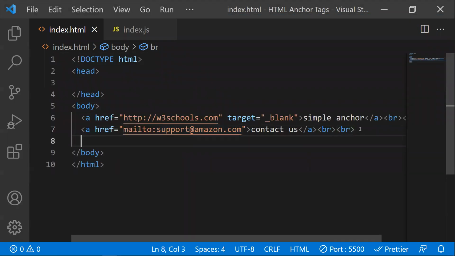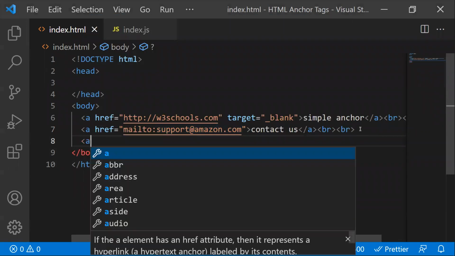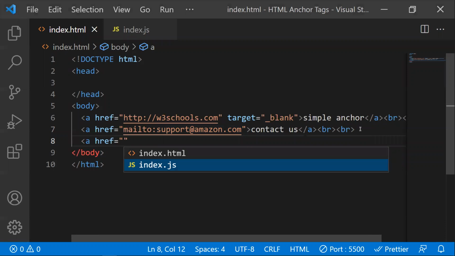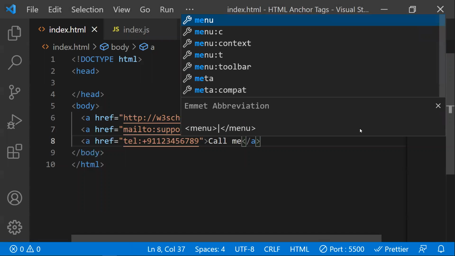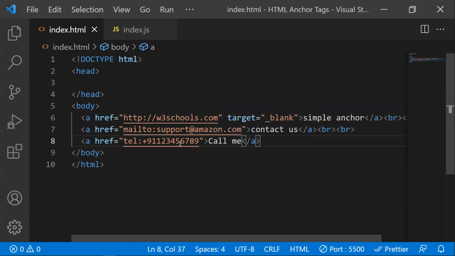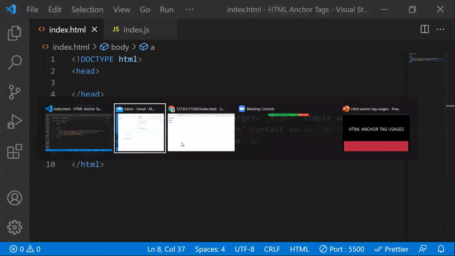For the next use case, you can do the same with the phone number. Like an anchor tag, href is equal to tel colon, and now plus give the phone number, 123456. I'm giving a random phone number. In real usage, you can write "Call me". If I click this, and we provide the customer care support numbers, we are making a call to this phone. It means we are calling the customer care.